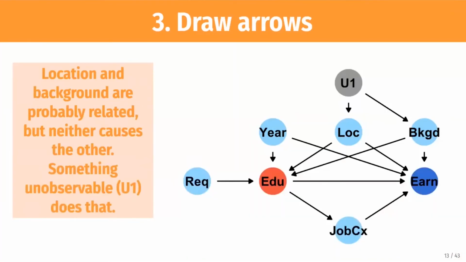And the cool thing about this is once you have this mapped out, if you then go present to somebody and say, here's what I think the relationship between education and earnings is, and here's how I estimated it, people can argue and critique your model based on this picture. They can say, I think there should be an arrow from this node to here, or I think you should include one of these nodes. Instead of them just saying correlation isn't causation, ha, got you. This provides you a smart way of talking about the causal relationships,